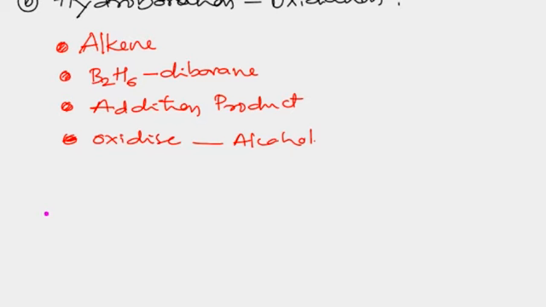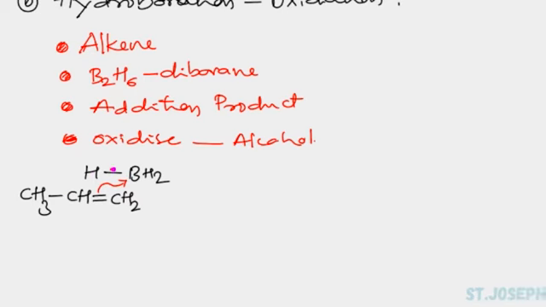I will take here the molecule, that is CH3, CH, double bond, CH2. And I just represent the diborane as HBH2. Instead of writing B2H6, the one part of the molecule I'm going to write, that is HBH2. Okay. Now you just closely observe that the boron is electron deficient because in that the pz atomic orbital is empty. And therefore the pi bond exists between the carbon, and the carbon gets migrated towards this, that is boron. Now the hydrogen, which is connected with the boron, it takes its bonding electron and gets shifted towards this carbon.